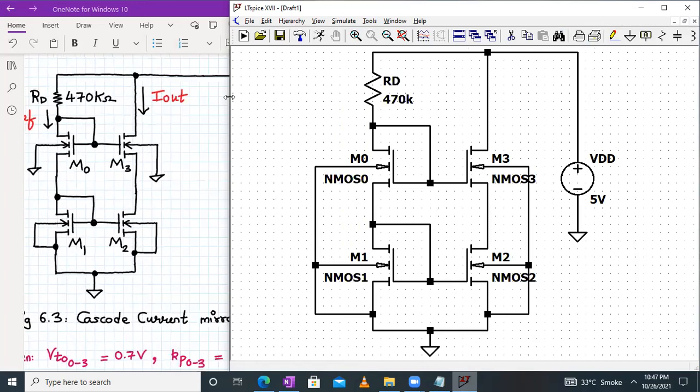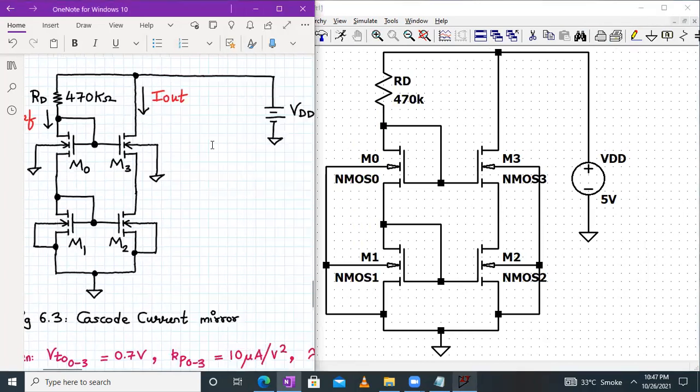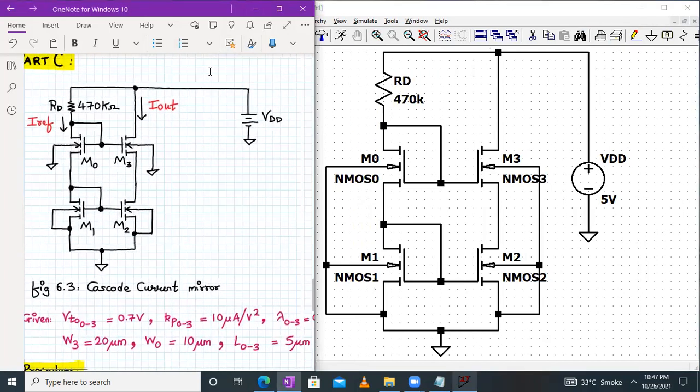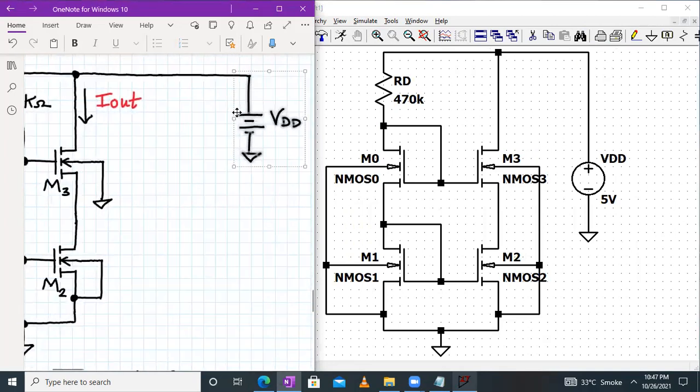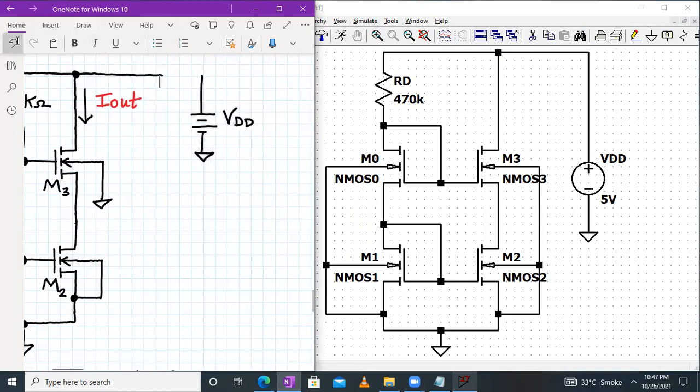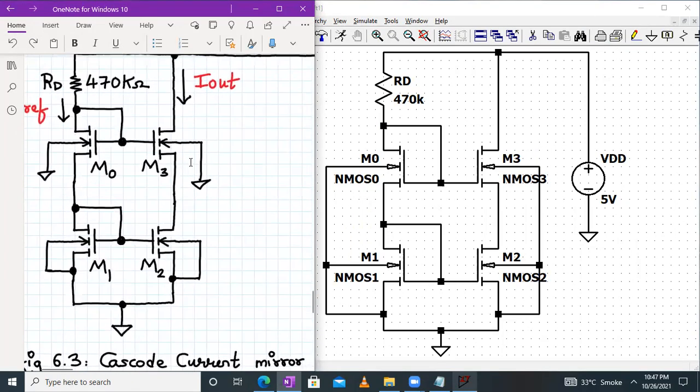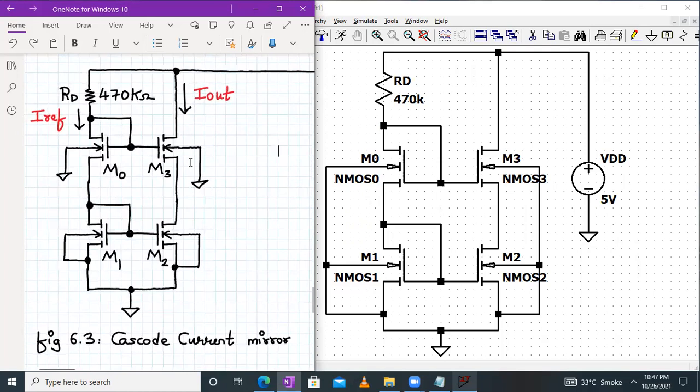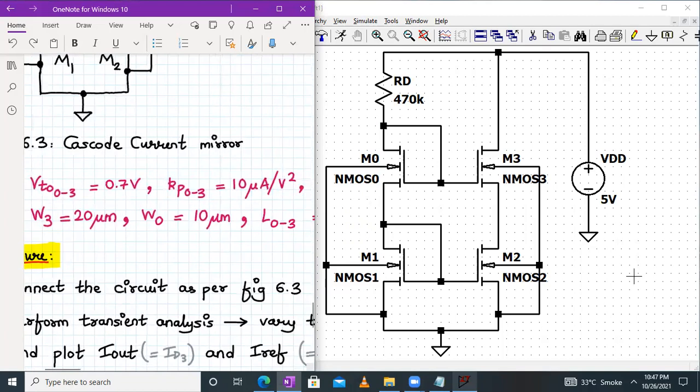Only two things are there. We can add a label to the circuit. As you can see, all the connections are done. Let me just bring it slightly near. So all the connections are done over here for the cascode current mirror in front of your screens. Now we have to define the dot model statement and add these parameters.